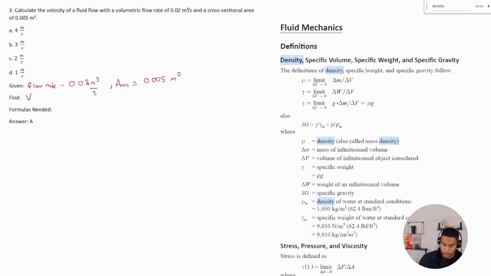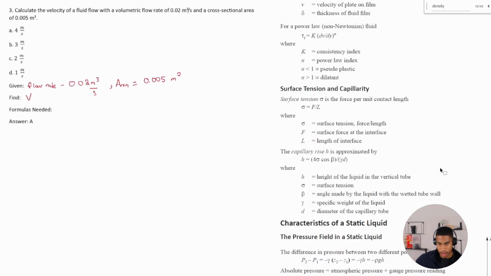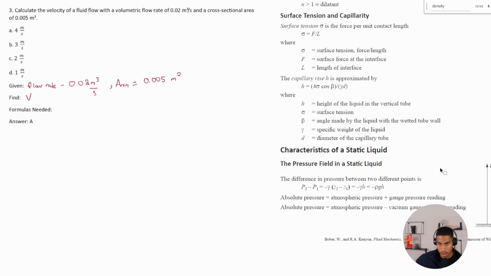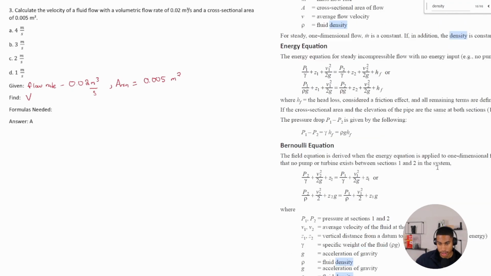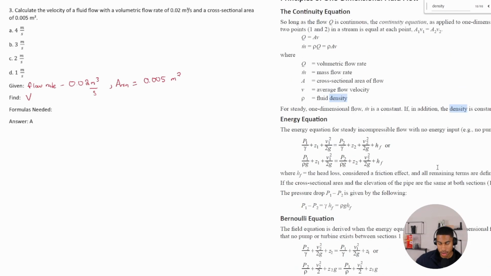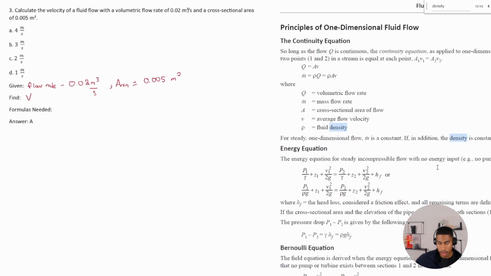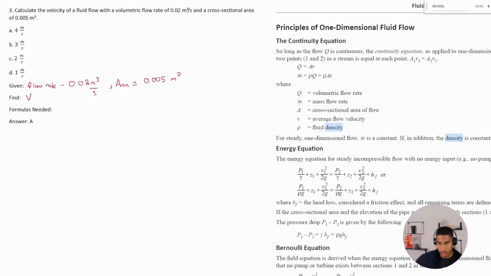So if I'm given flow and I'm given an area and I'm searching for velocity, sure there's a formula in here that will get me to an answer. So looks like it's here. Q is equal to A times V,